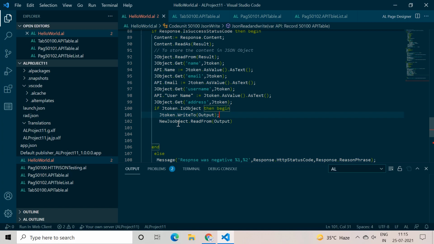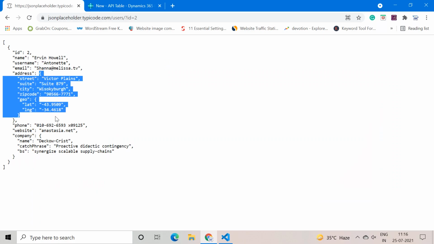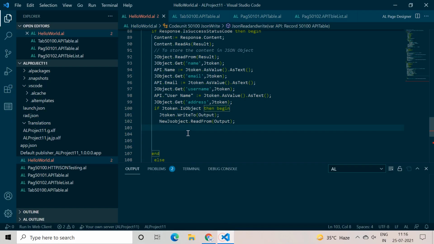Next, because we have created one new JSON object, we need to pass this new result into the new JSON object. Okay, we have done this. So now only the result available in the address gets copied into the new JSON object.